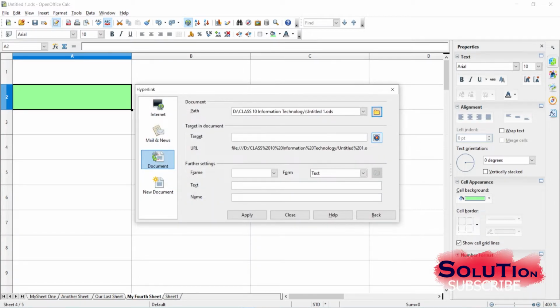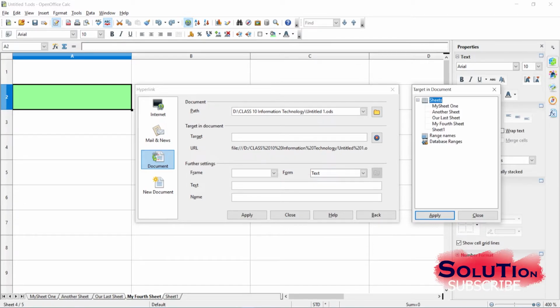Let me go to the target in document, open the sheet, my fourth sheet, apply, then go to dot A60, and the text will be visible. Click to see the present year. Okay, and then click apply,